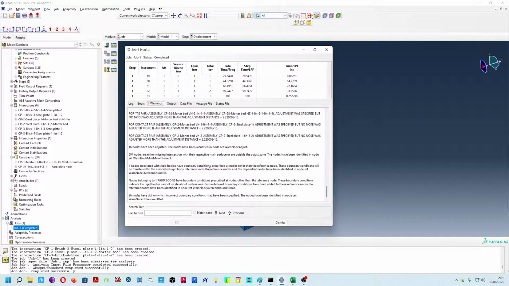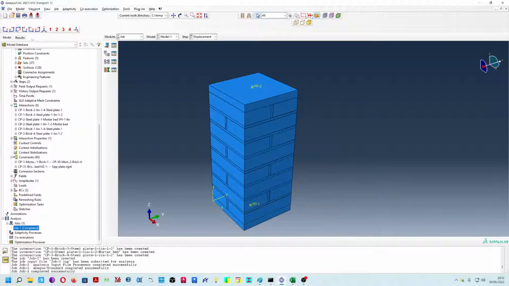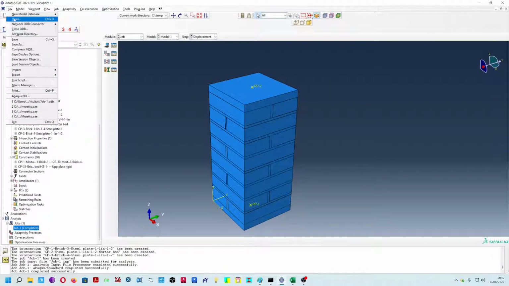16 nodes have been adjusted. Missing intersection with the respective main surface. I don't know what this is. Let's see what we have in the results. Nodes associated, prescribed the nodes other than the reference node. No errors then. Okay, if I'm going then to open